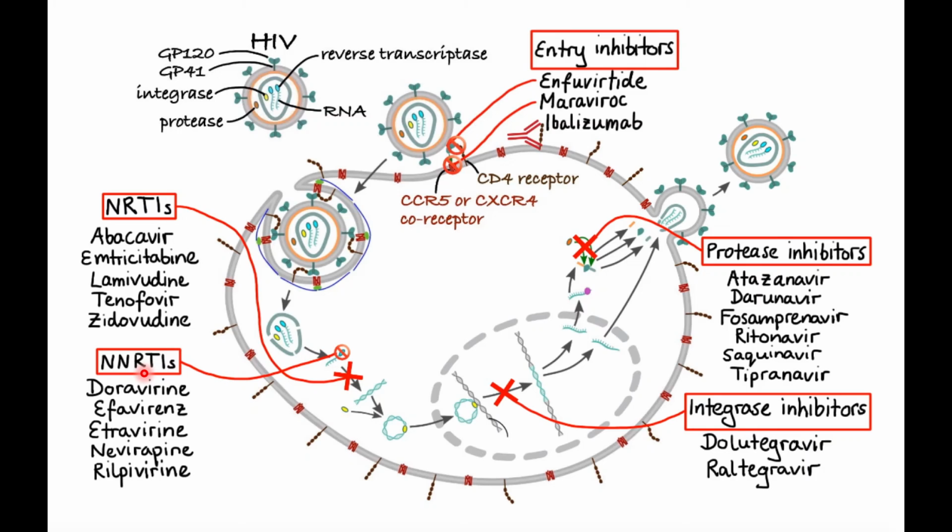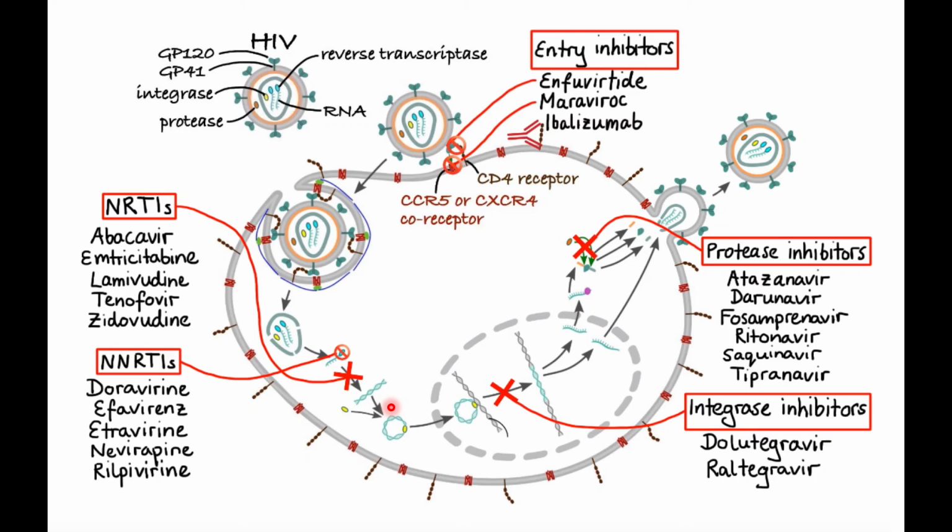And the second one is the non-nucleotide reverse transcriptase inhibitors that chemically are not related to the RNA or DNA, but they inhibit the reverse transcriptase directly. So either way, the viral double-stranded DNA is not formed, and that is why it cannot be used for the integration,